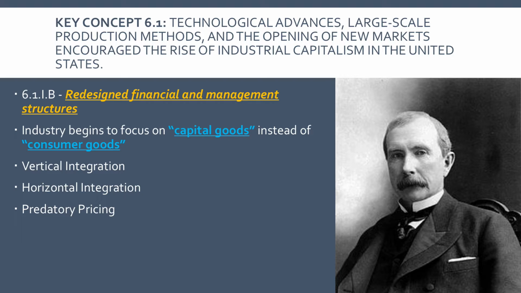This is going to lead to, when we get to period 7, the rise of the muckrakers, a woman named Ida Tarbell, whose father will be hurt by Rockefeller and the oil industry. She's going to become one of America's prominent investigative journalists and help to expose much of Rockefeller's shadier business practices and eventually help to break up his company. So again, cause and effect for you right there.